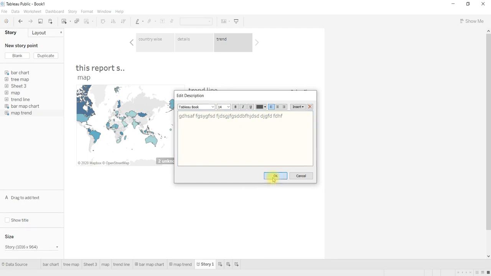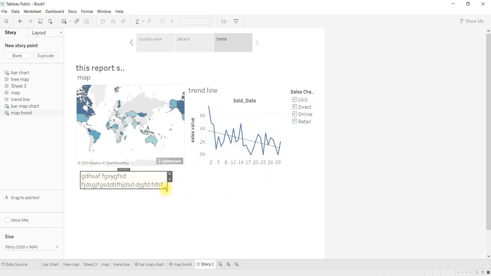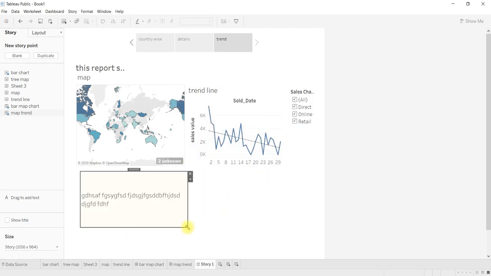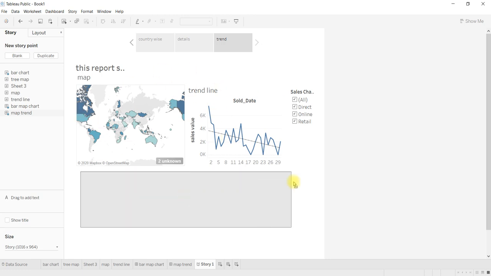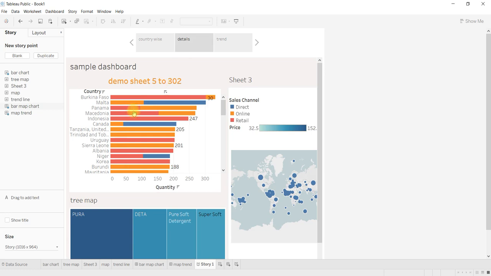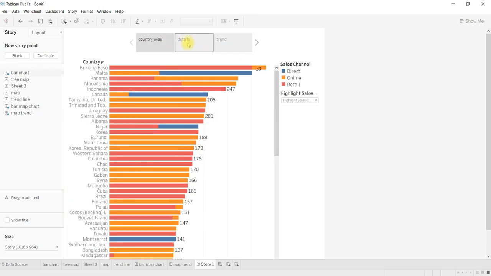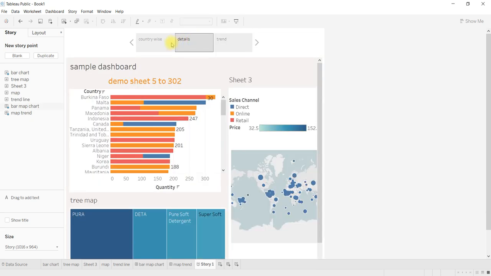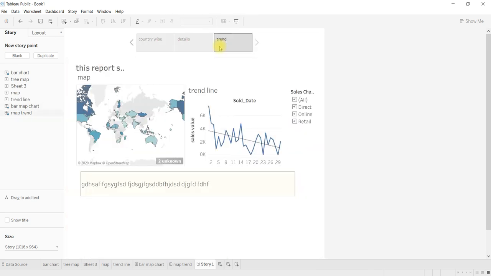It is added to your storyline. Now if you select the first one, second one, third one, they can change pages using these buttons, and they can read about what you have done so far.